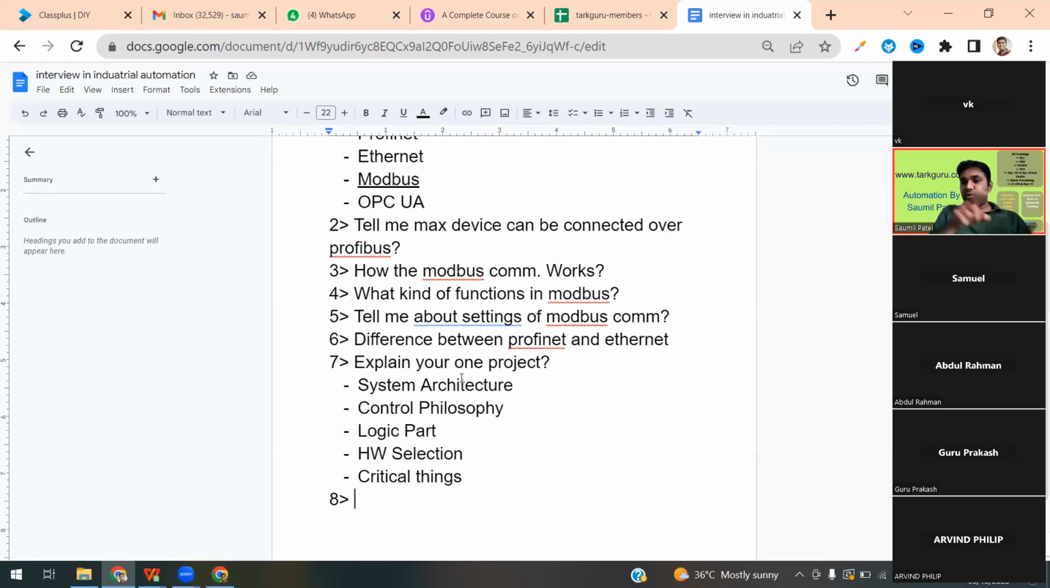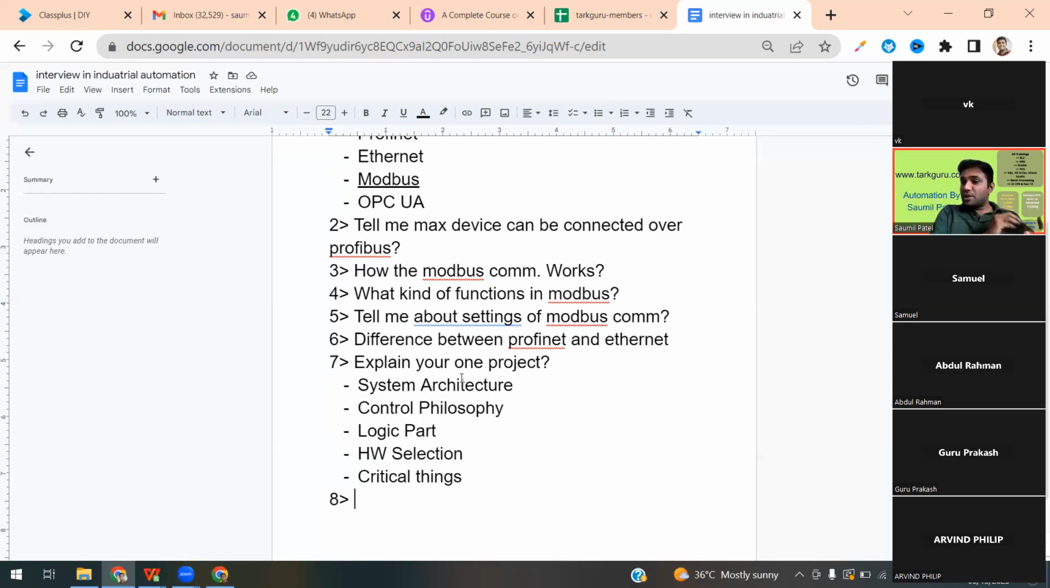What is the baud rate? What are the stop bits? For example, if there is Modbus TCP IP, what is the unit ID? What is the device ID? What are the baud rate, parity, and stop bit you have set to make the communication link for that Modbus? You need to explain. For example, if there is Modbus TCP IP,